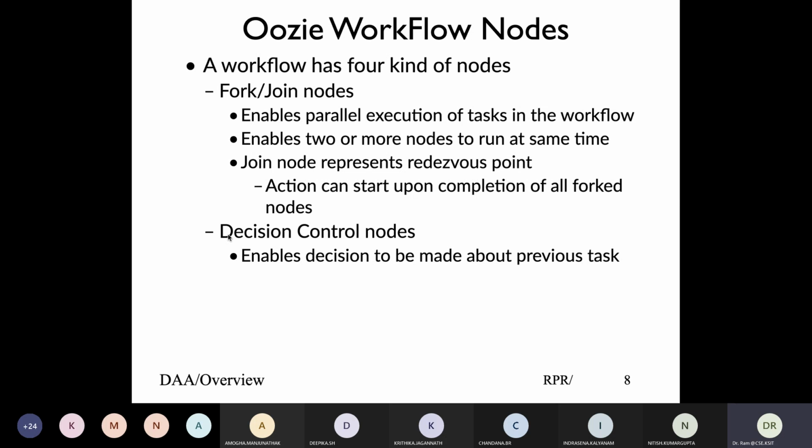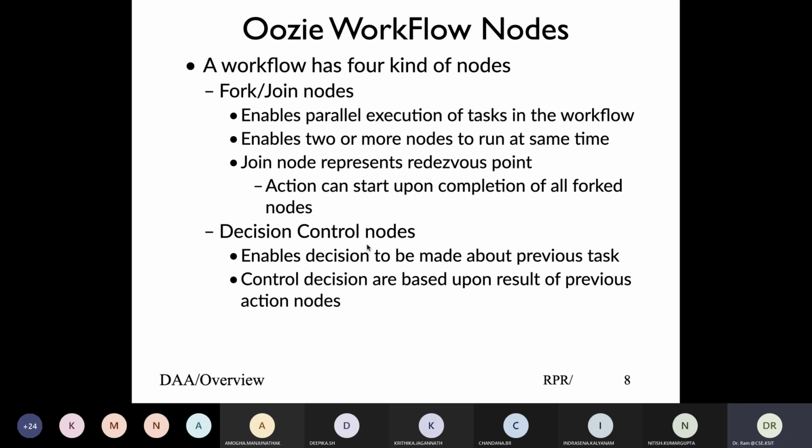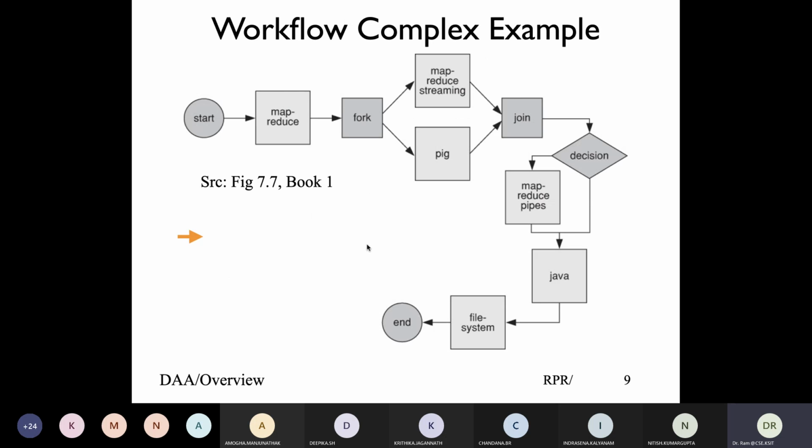And lastly, we have the decision control nodes. In the book, I think there's a typo error. It still says control flow node, but it actually should be decision control nodes. It basically makes a decision: has the previous action completed or failed, and based on that, you can follow a different path, and that is what this will follow. So pictorially, I'll give a simple diagram. It is a complex example of a workflow. We have multiple tasks. We start with MapReduce, then run 2 jobs in parallel, wait for them to complete. We decide whether success or failure, follow different paths, and so on and so forth.